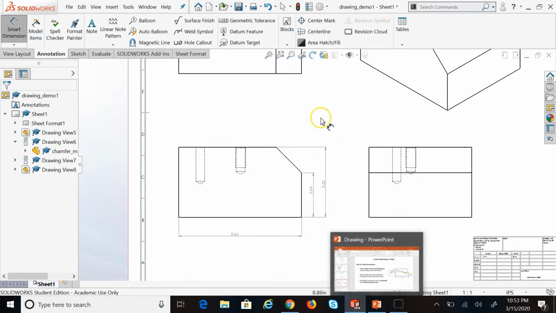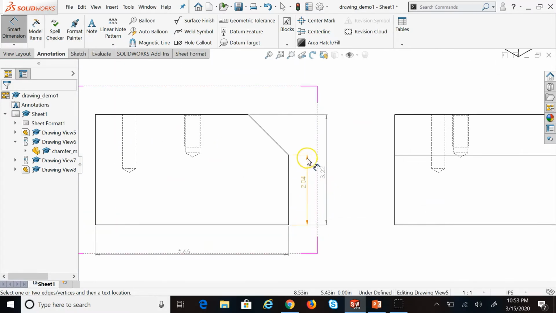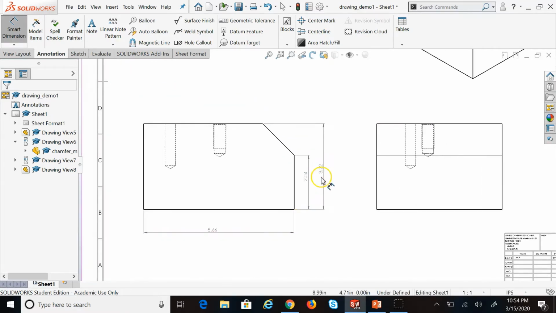So that's one thing. One other thing that we have to keep in mind is we try to avoid intersection of the dimension lines. So here, this is the dimension line, and these thin solid lines are the extension lines. One thing we always want to try is that the dimension lines, the double arrows, are never crossing each other. Can they cross each other? Can they intersect each other? Yes, I'll show you that,